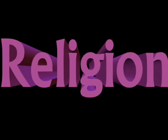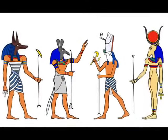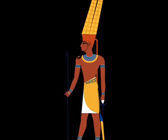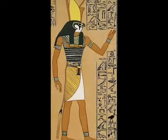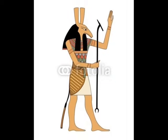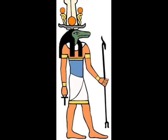Cities would normally claim a patron god for each town, but villagers worshipped many deities, never just one. The famous lists of gods include Amun-Re, the representative of wind, fertility, and secrets, as well as being the god of pharaohs; Horus, the falcon god and son of Osiris and Isis; Seth, the god of war, strength, storms, and deserts; Isis, goddess of magic and fertility; Sobek, a famous crocodile god that symbolizes strength; and Anubis, the god of